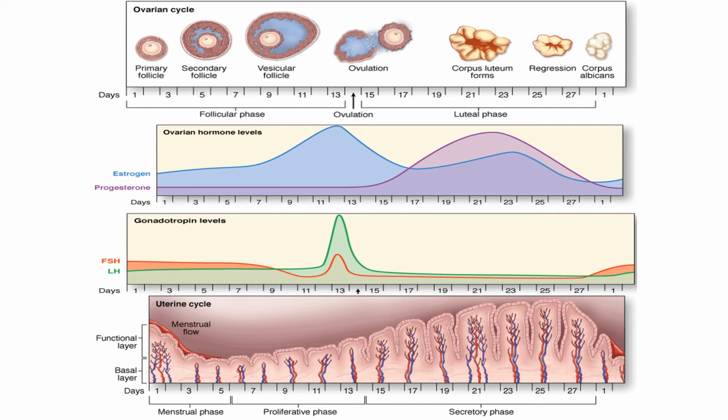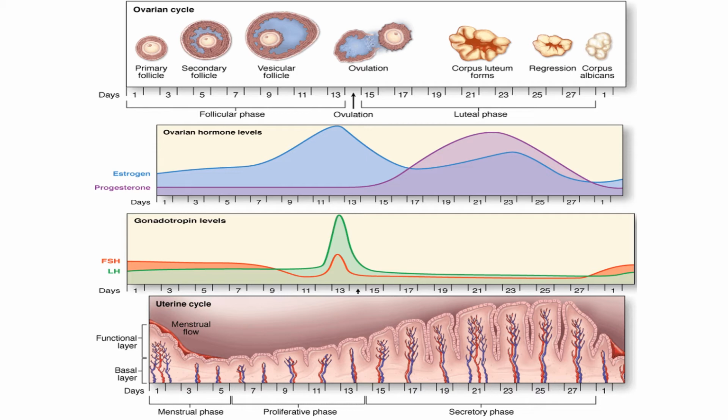Next, before discussing the histology of the uterus, we should again revise the cyclical changes occurring in the ovarian cycle, because that also influences the lining epithelium of the uterine cavity. So as we know, under the influence of FSH, the pituitary hormone, the follicles grow. Initially these follicles grow and form the Graafian follicle.